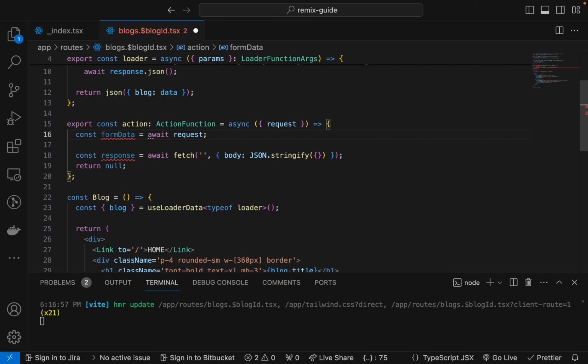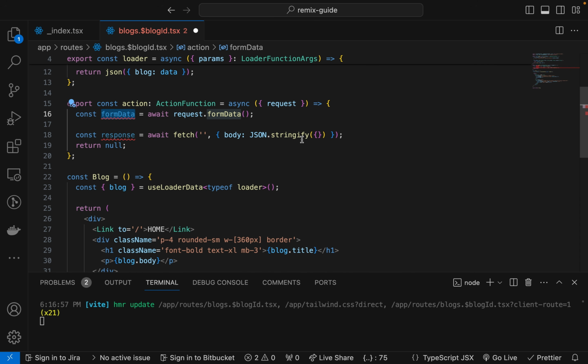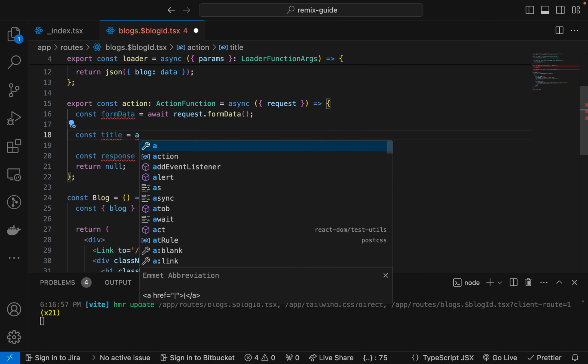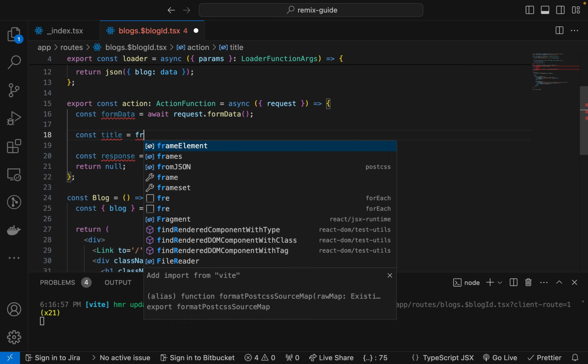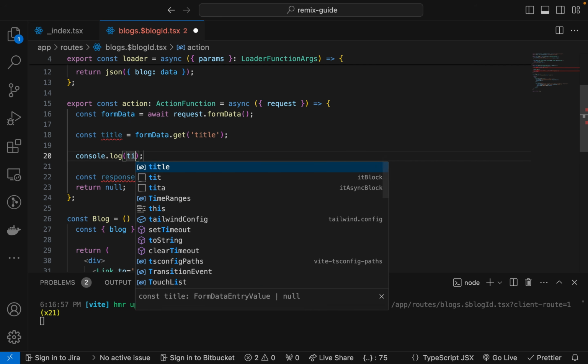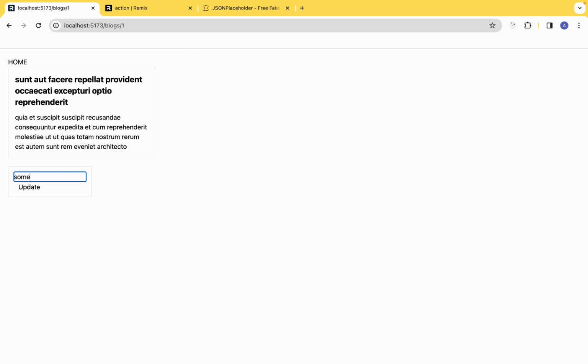And now we're going to come over here and await the request.formData. So now we have our form data. We want to go on and get the name, this title. Now, how do we do this? We're going to say const title is going to be equal to formData.get. I want to get it by the name of title like this. Now, if we log this title to the console